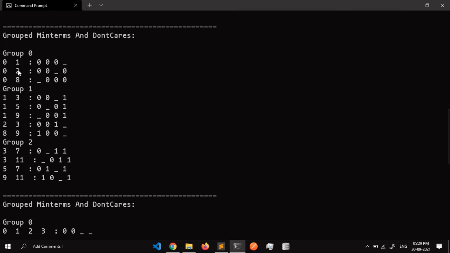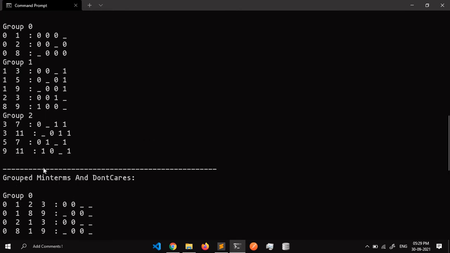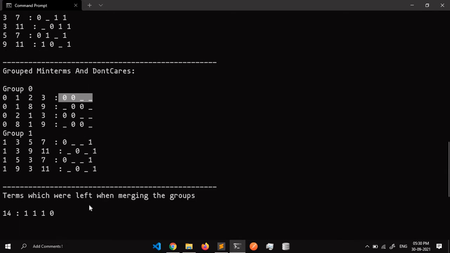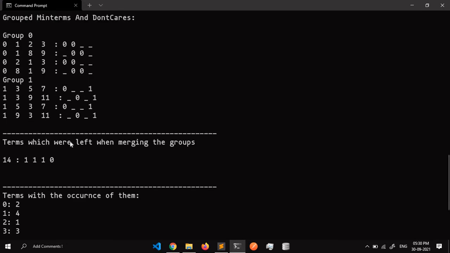Here you can see that it then merges with this. Suppose 0 1 can merge with 2 3, as one variable is different and the dash is at the last. So here you can see 0 1 2 3, after merging, became 0 0 dash dash, and hence it also suggests which term was left out.